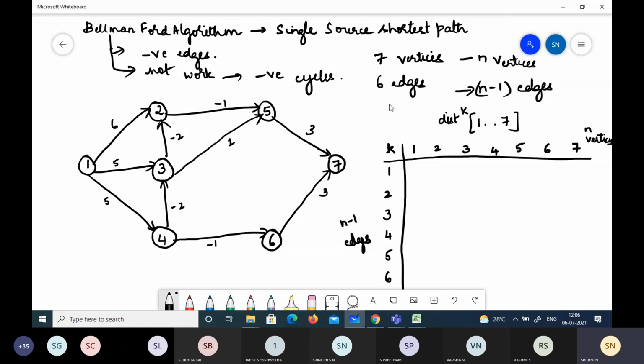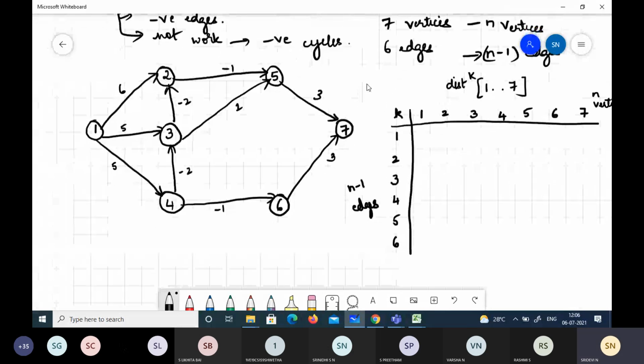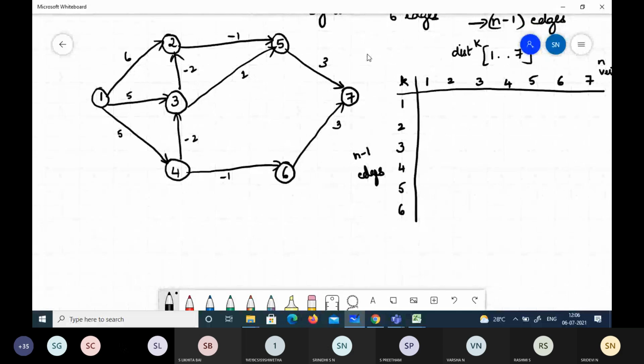Now, we have to take the direct path and we also have to consider the alternate paths with 2, 3, 4, 5 and 6 edges. So what's the first thing? Let's find out which nodes are reachable with one edge from source 1 to all other vertices. Let us write down the edges we have here. So what are the edges we have?